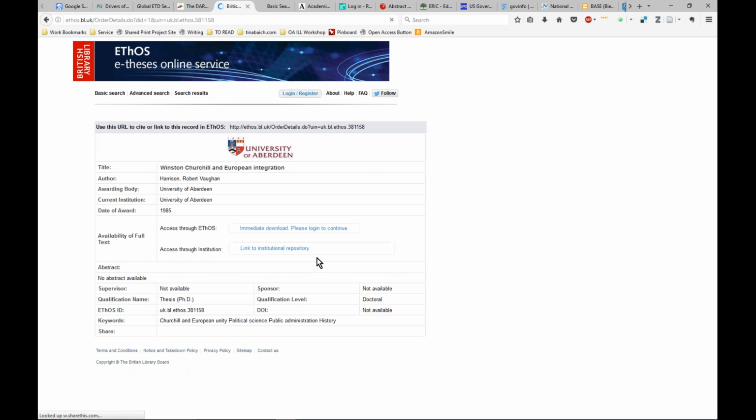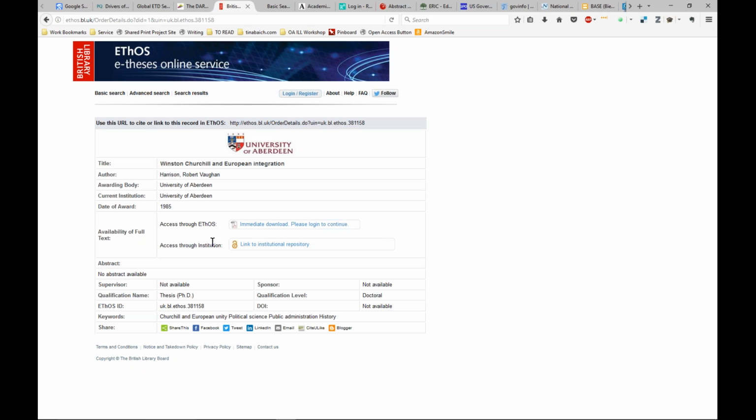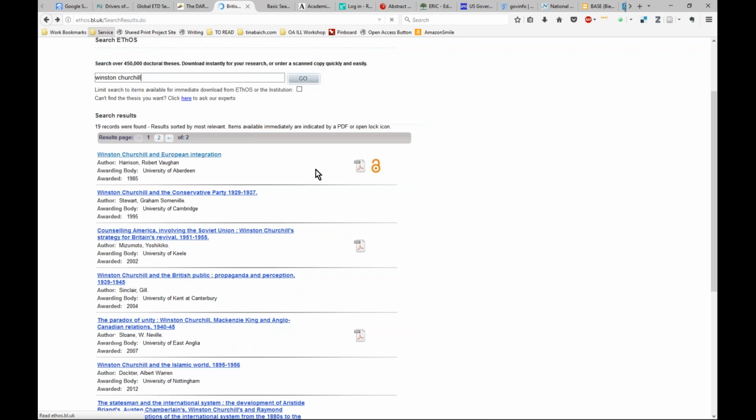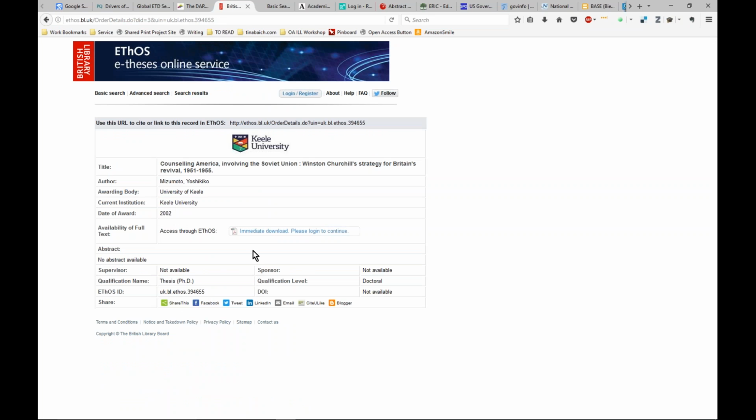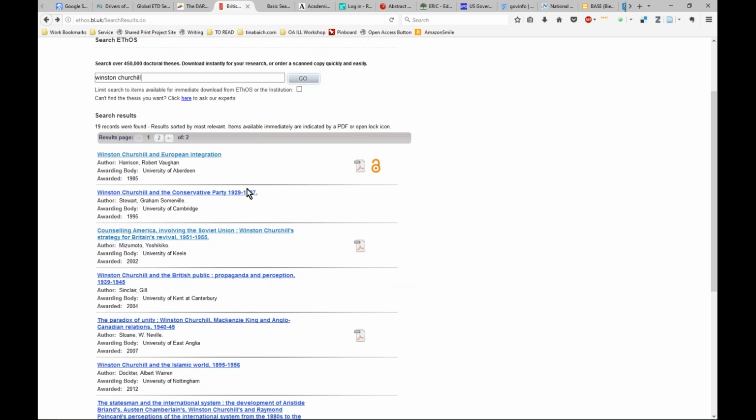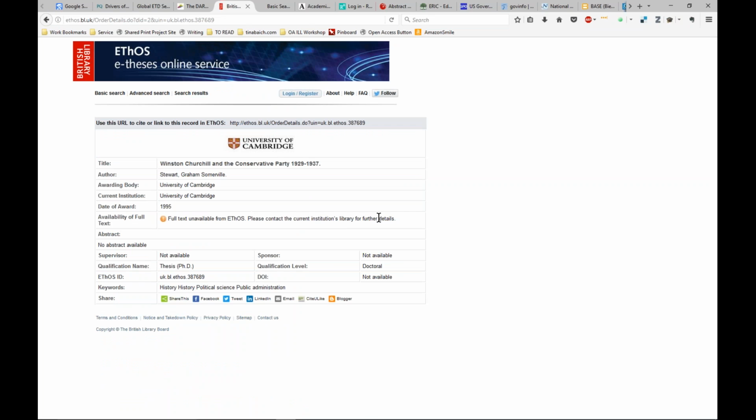But that little lock means that this is going to refer us out potentially to the institutional repository, so you could access it through the institution. Or if I logged in with my free account, I could download it straight from here. I'm not going to take the time to log in at the moment, but you get the idea. And if there isn't that little lock, that means that it's available through Ethos with that PDF icon. And this one doesn't have anything, so this is one where I could contact the institution that ETD comes out of,